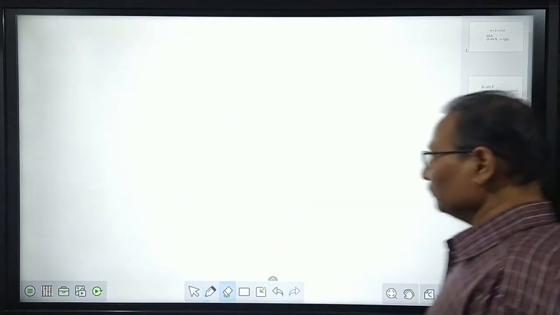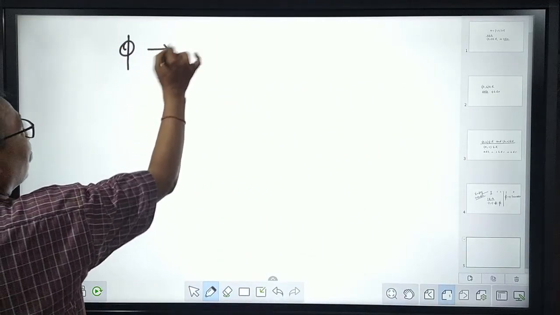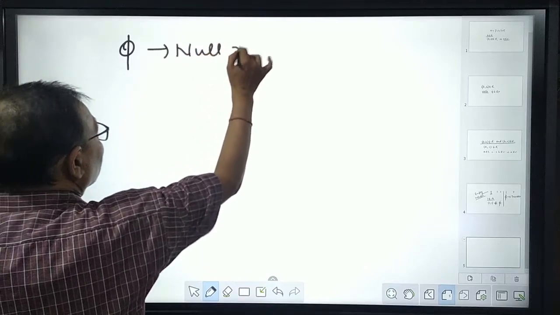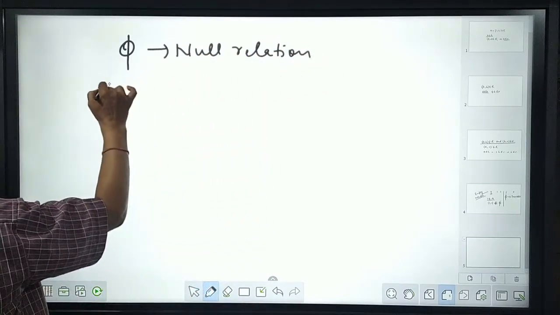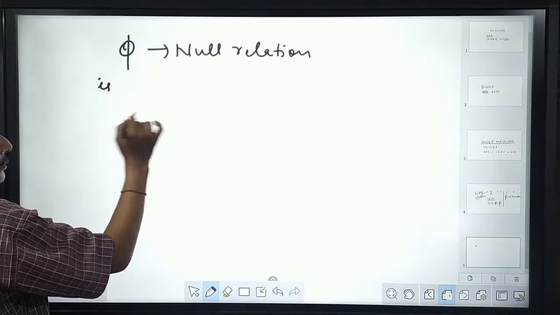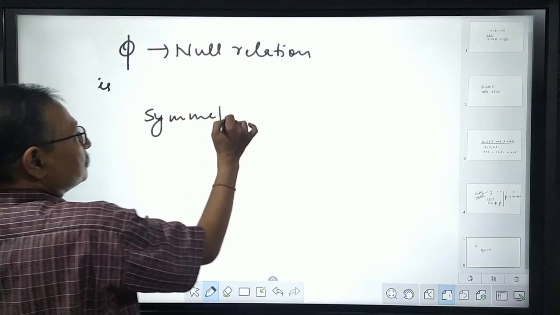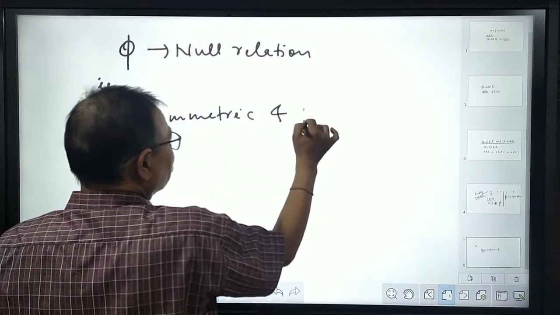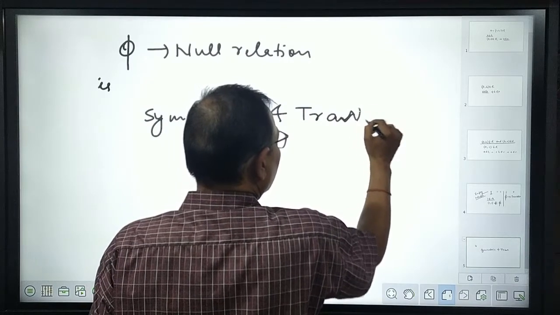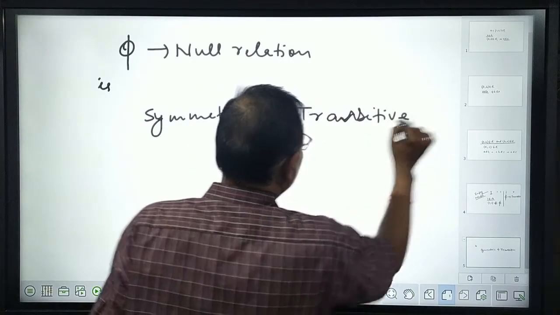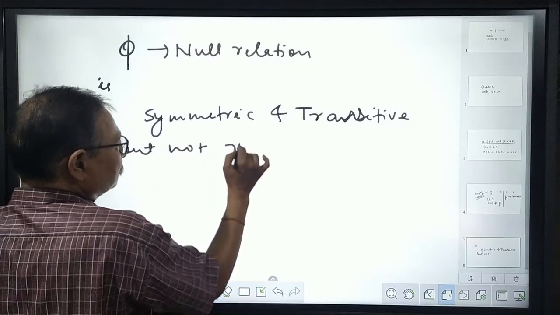So I am concluding that this null relation is symmetric and transitive but not reflexive,